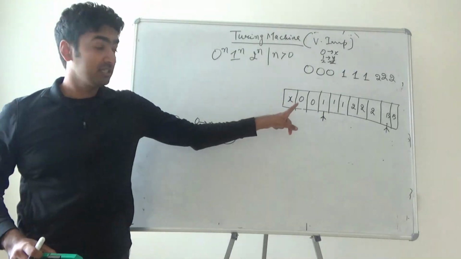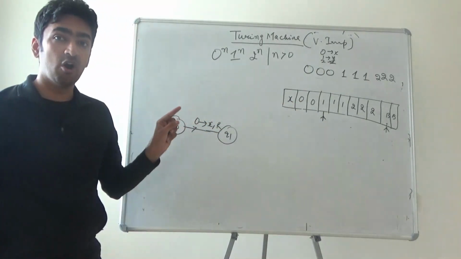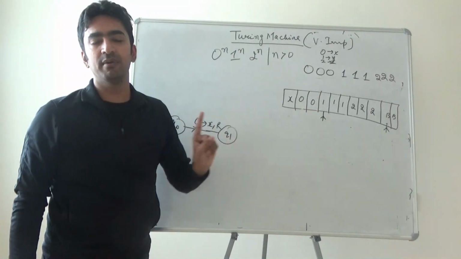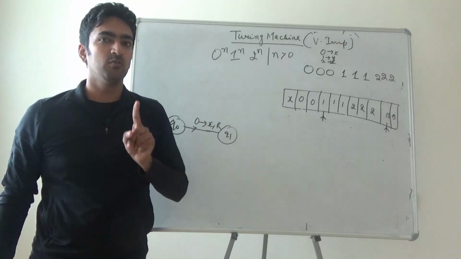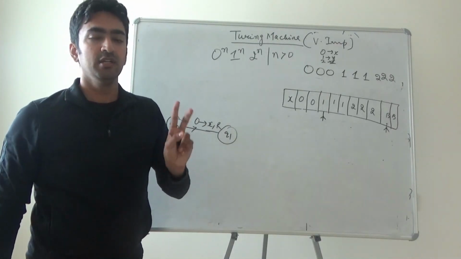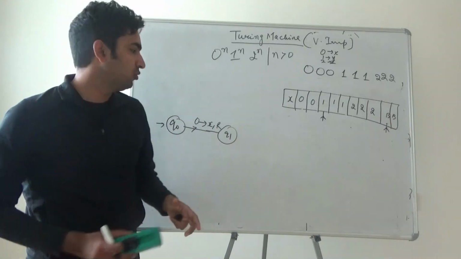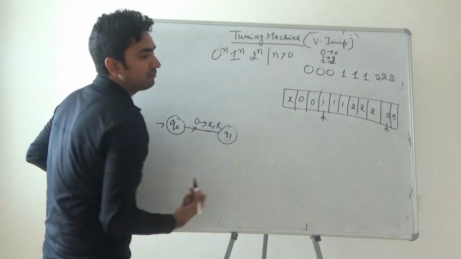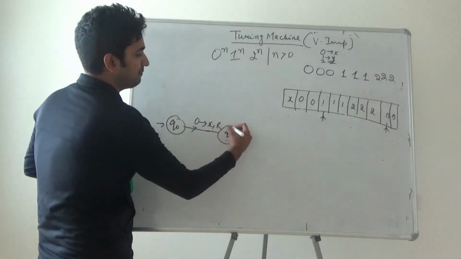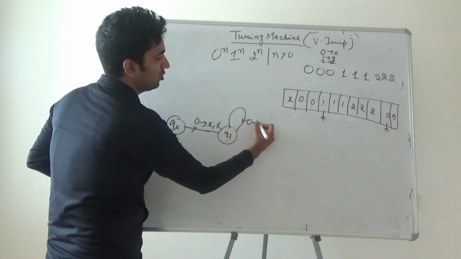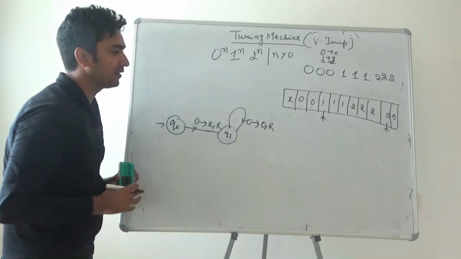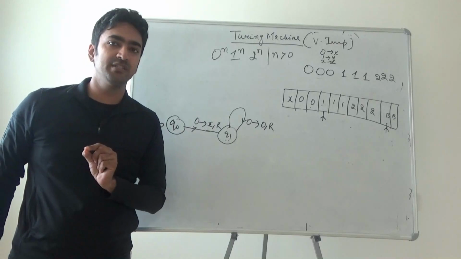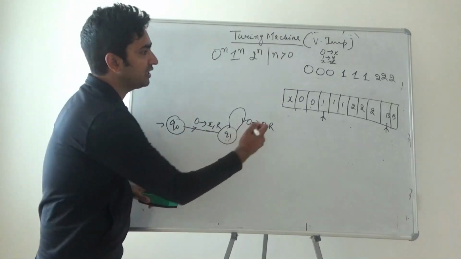Now you tell me, even you try it out: how many things will be encountered before I reach this one? Because my target is to reach 1. So whatever number of zeros will be encountered, they will be taken in the form of a loop. So over here my target is to reach 1. Two zeros are encountered. I am putting a loop of 0, 0, R. Now what is this? 0 is converted to 0. It means we are using the read operation. These zeros are not getting converted.